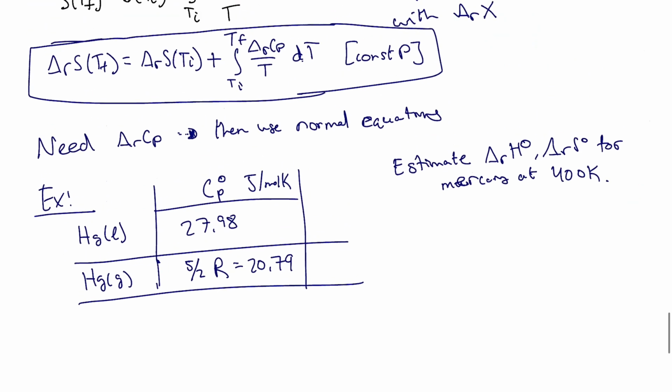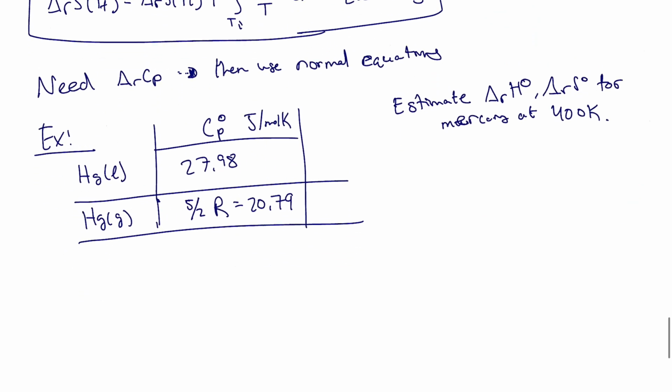Okay, since we derived this, I thought it'd be useful to just do one example where we apply these equations. So we'll go back to our mercury example. The liquid mercury has a heat capacity of 27.98 joules per mole Kelvin. The gas is a monoatomic, essentially ideal gas, so its Cp is 5/2 R, which is 20.79 joules per mole Kelvin. And I can now use these equations to see what delta RH naught and delta RS naught is at